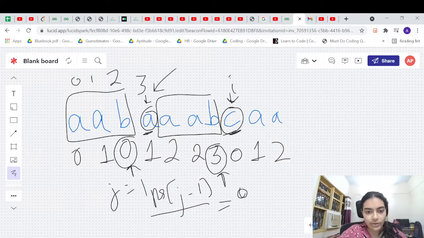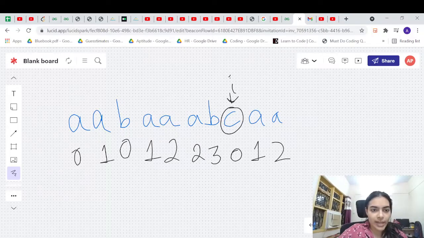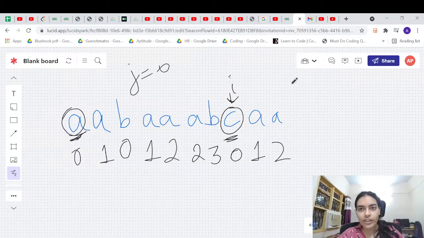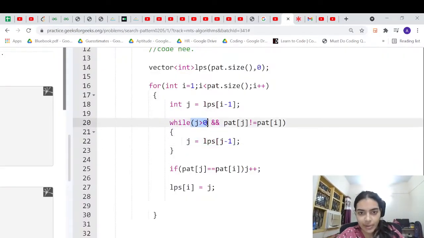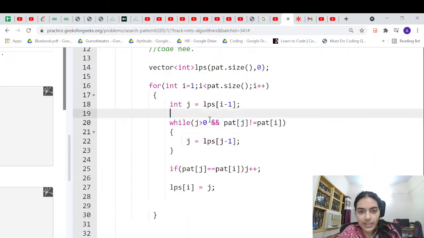Now you try to see whether 0 has become your current j. So j is 0, and now you will go to position number 0. You will try to see again whether A and C are matching or not. Now they are not matching, right? Whenever j becomes 0 you will exit, because before 0 there is no index at all. So in this case, when j becomes equal to 0, you will also exit.